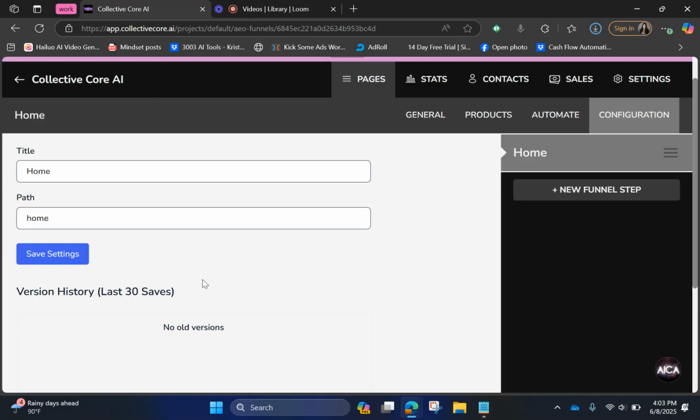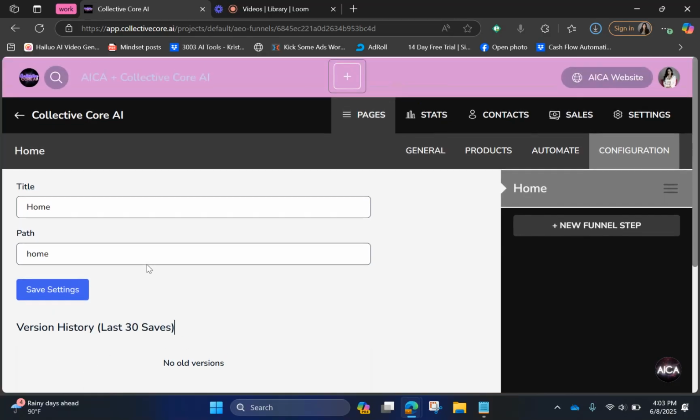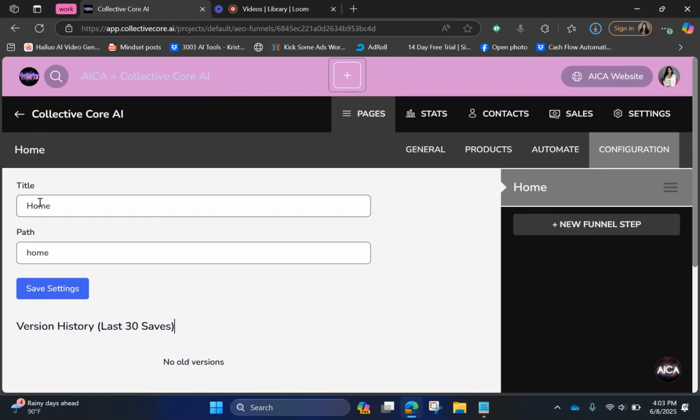And there's times that you need to update information as your offer gets bigger or you need to make adjustments to your offer, and that's totally fine. So this will be the version history of that. And then this is just the title of